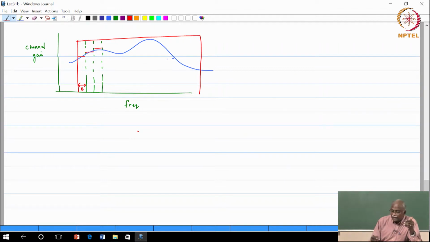Now I want to ask the question, can you tell me what is the capacity of this wideband channel? I could not have given you an answer if it was a single wideband carrier, but now if I break them up into subbands, actually I can. I will tell you that the capacity of this wideband channel is the following. It is B, which is the bandwidth of each of those, summation over j, whatever number of such channels that we have, logarithm base 2 of 1 plus, very important, what is the